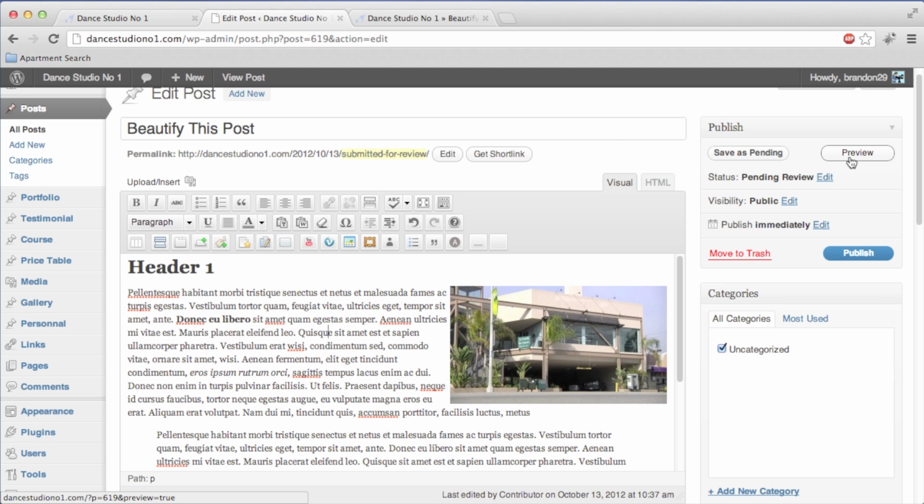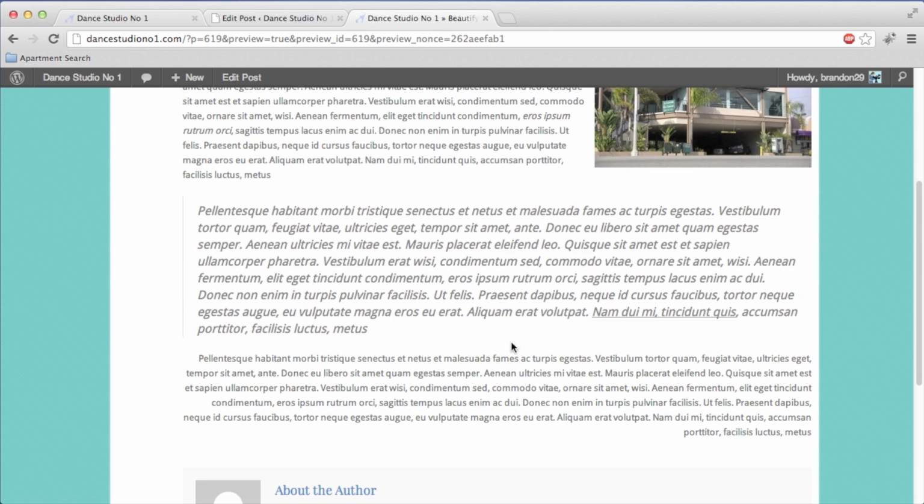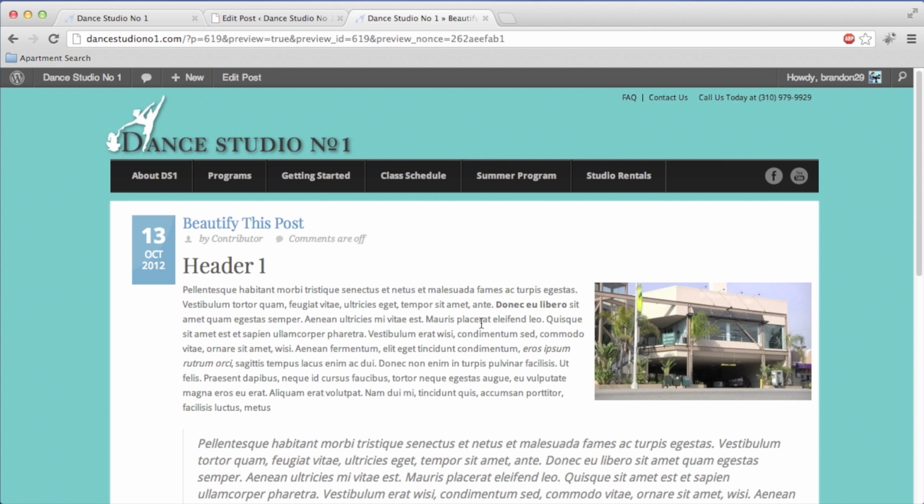We'll click preview again, and it will refresh this page that we already have loaded. And here you go. You can see what it looks like. It looks great. The image is on the right hand side, the text is on the left hand side, and all of our other formatting is still there. So that's how you update and make beautiful